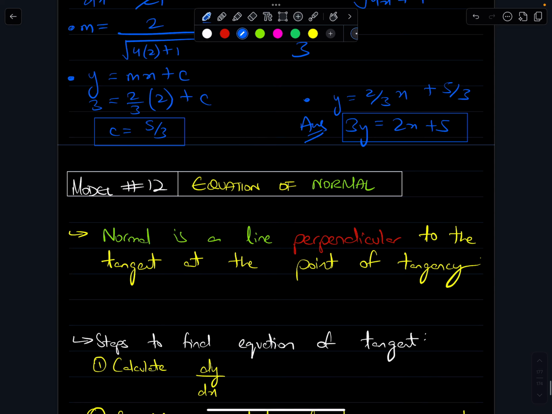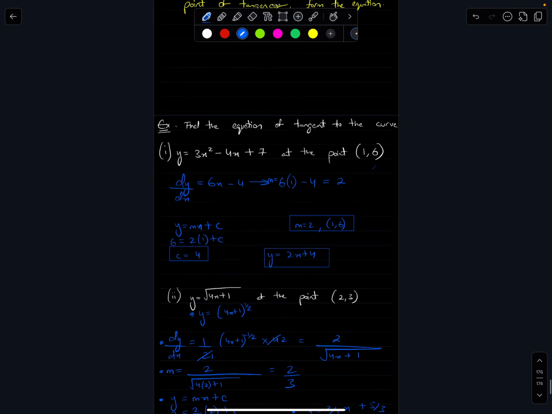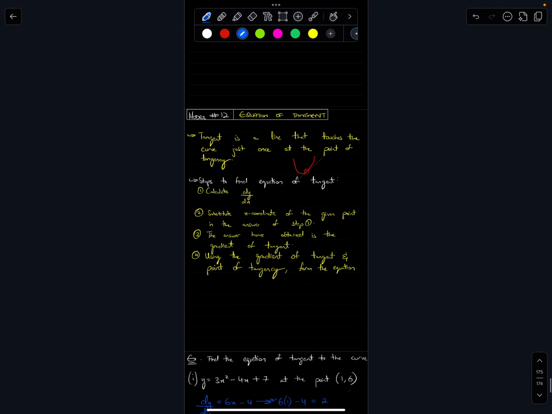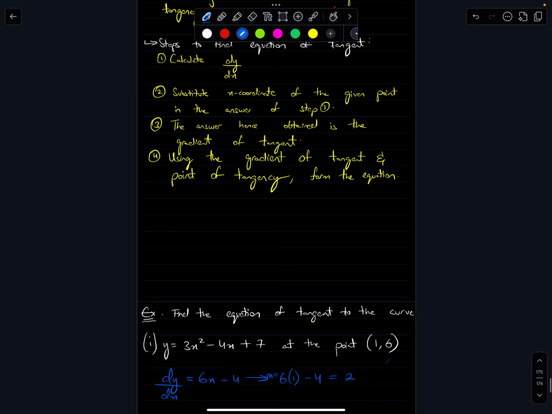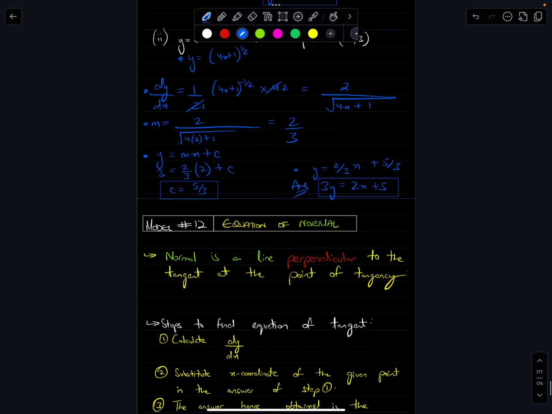So in order to find the equation of the tangent, find dy by dx and substitute the x coordinate to find the exact value of the gradient at that point. So now you will end up with a gradient and a point, which allows you to find the equation of the tangent. Moving on,